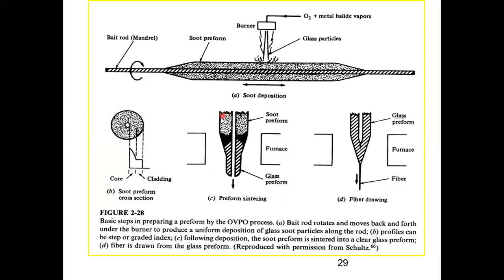This part you have already seen in the drawing tower. Now, this empty space is there. As I am heating it in the furnace, it is drawn into a particular fiber. This central hole in this portion, you can see it is collapsing. So the central hole collapses during this fiber drawing process. So this is your outside vapor phase oxidation. Vapor phase oxidation is the technique mentioned in your syllabus, but since the deposition is taking place outside, here we call it the outside vapor phase deposition technique.